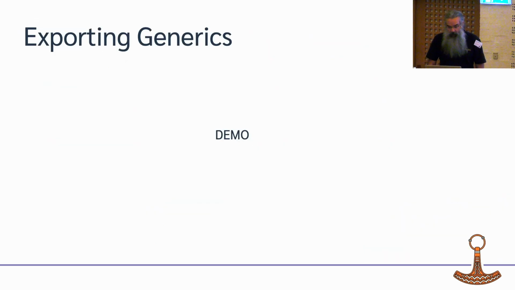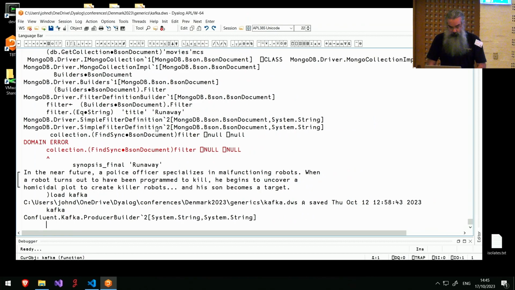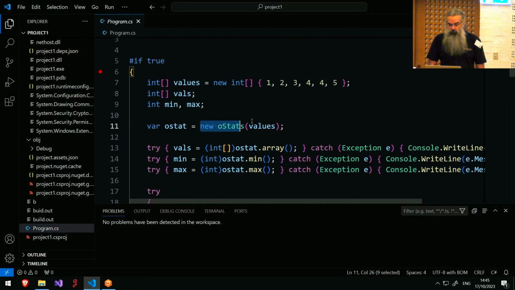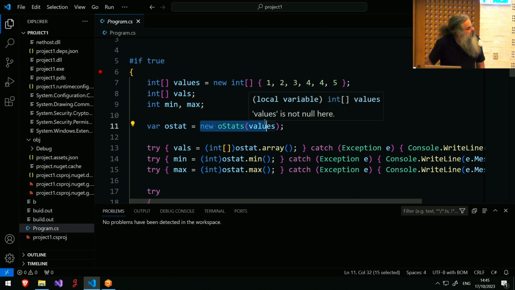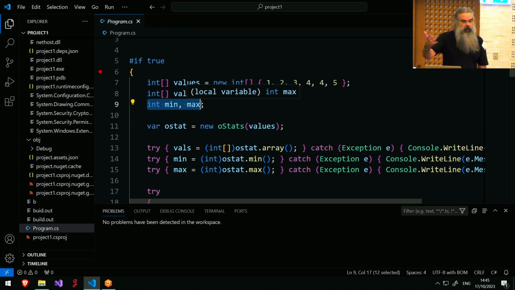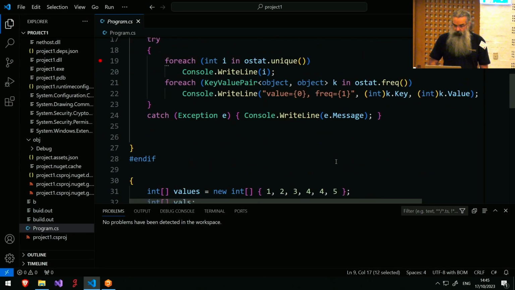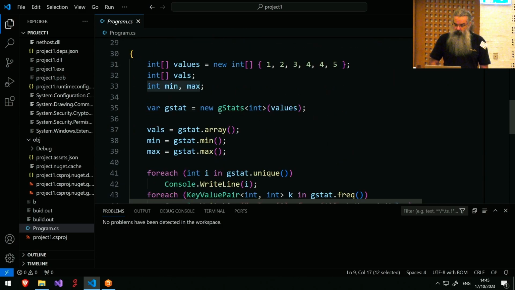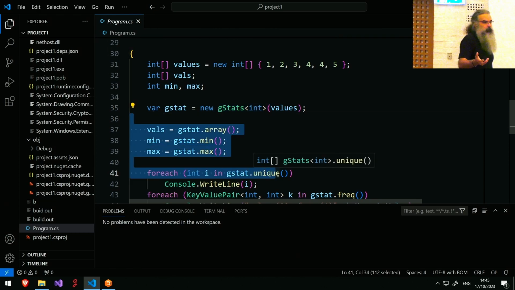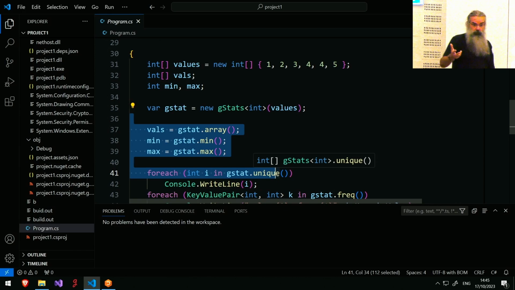I haven't got time now, unfortunately, to go through that, but here I've got a C# project that uses the object version of that thing, but this is full of casts so that the C# can convert everything back to integer in the case where we want to pass a vector of ints. But underneath, I can say, well, let's create a gstats, that's the APL class of type int, and all of those casts and everything fall away because now the C# code has got all the strongly typed information